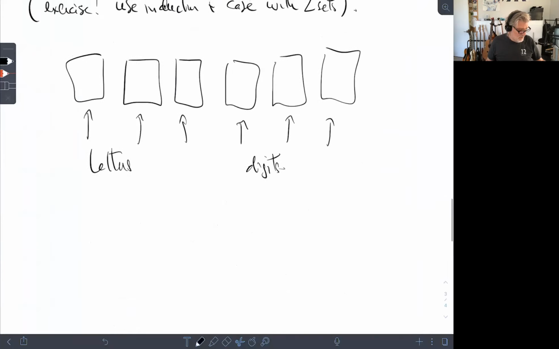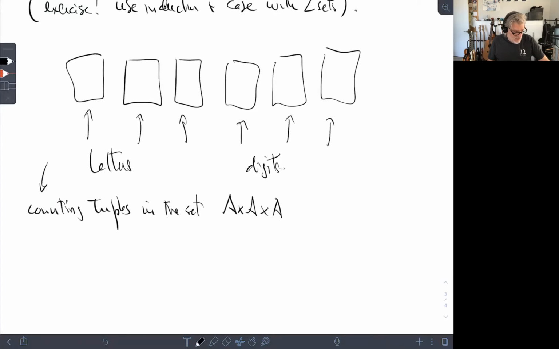Okay. So you can see that what you're looking at are exactly 6-tuples where the first entry comes from the set of letters, the second entry also, the third entry also, and then the next 3 come from the set of digits. So we have a bijection. We're counting the tuples in the set A times A times A times D times D times D,